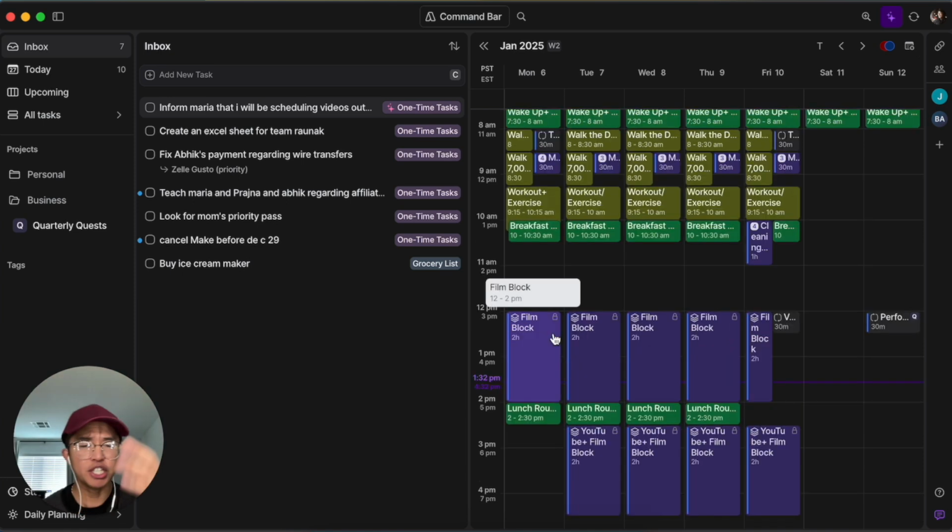Now, the last thing is that you need to set aside time every day to plan out your day. And this is super, super effective, okay? Some people kind of preach that planning out your day and then reflecting on your past day is important. I've tried reflecting on my past work or past days, but I don't really find it as helpful. So do find something that works for you. Try different things, try different digital calendars, try Akiflow, try other calendars like just a Google Calendar. Find what works for you.